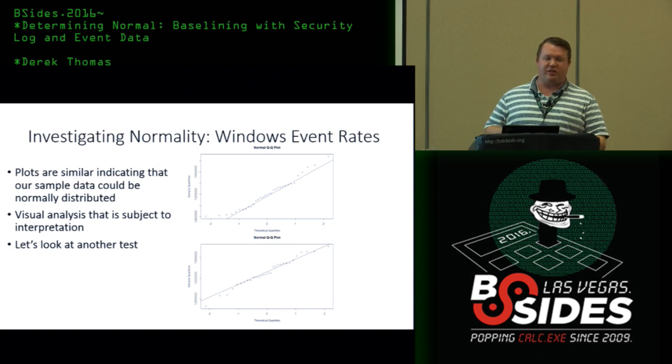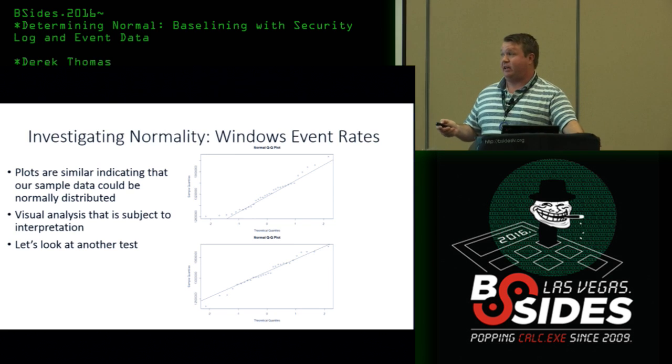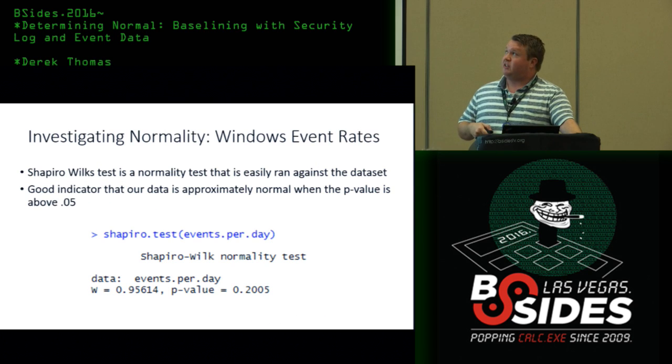Much like outlier detection, where there are no specific guidelines for determining what exactly is an outlier and how to handle it. But finally, we're going to take a look at another test. This is the Shapiro-Wilk test. The Shapiro-Wilk test is available in R, and I've also seen it done in Excel. It's available in multiple packages.